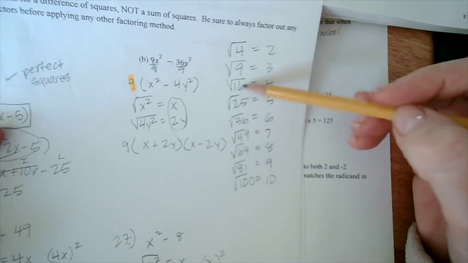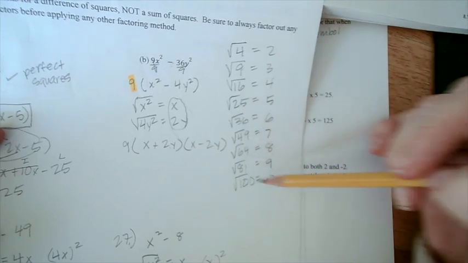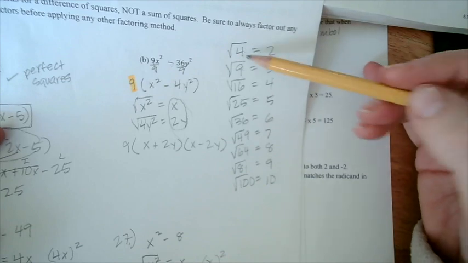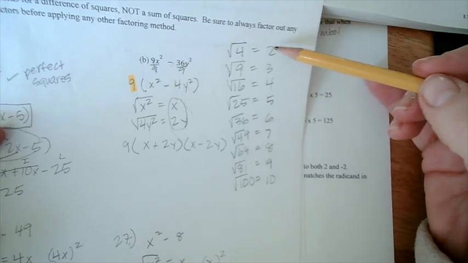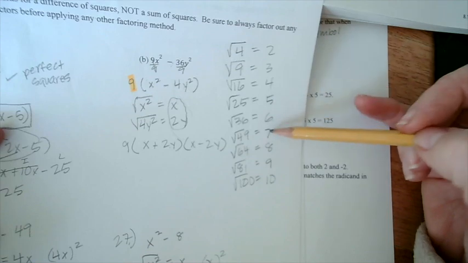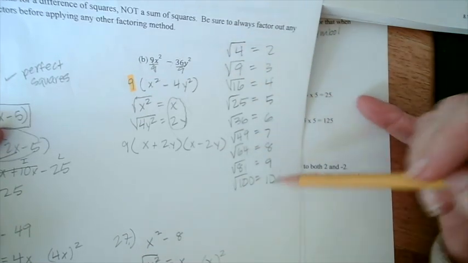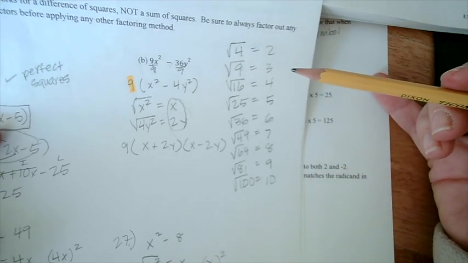Remember from our last notes, let me see if I can find it. Here we go. Remember when I wrote this out? These are all perfect squares. The radical, 4, radicand, because it's 2. So if you think of it 2, 3, 4, 5, 6, 7, 8, 9, 10, you could even go 11 and 12, and you could have yourself a little cheat sheet like this